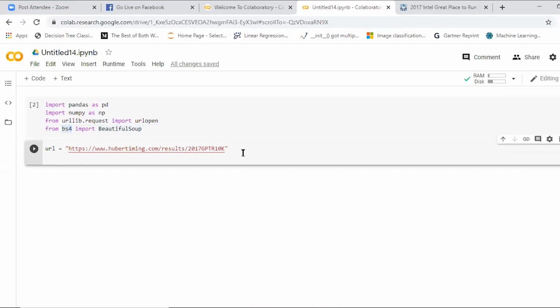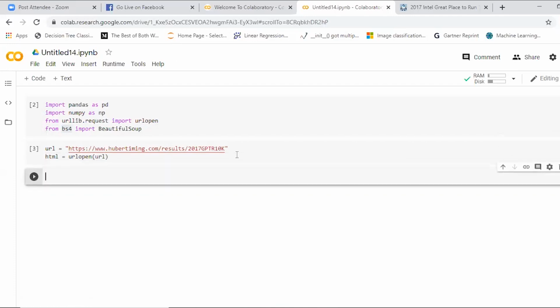Yes, is my query clear? Is your query clear? Someone asked. Yeah. Then we'll name a variable html is equal to, we'll ask it to open this URL: urlopen of url. We'll just execute it. You don't print the html code directly over there. Our next step is to open that URL, and we need to get the page directly.